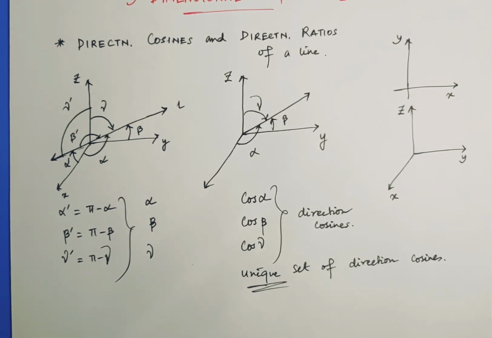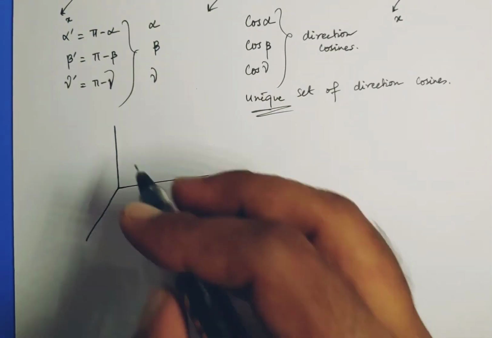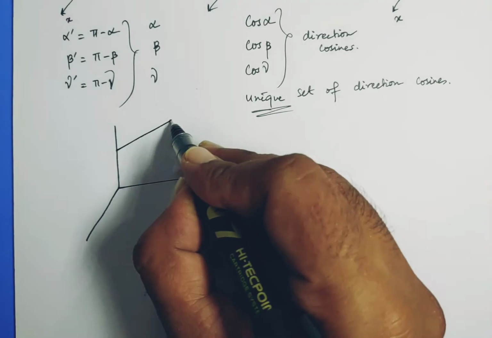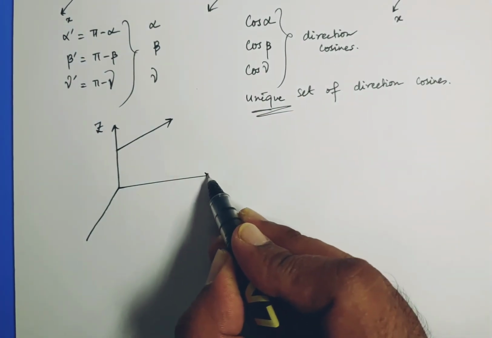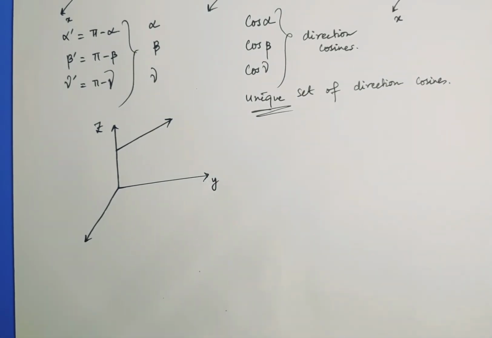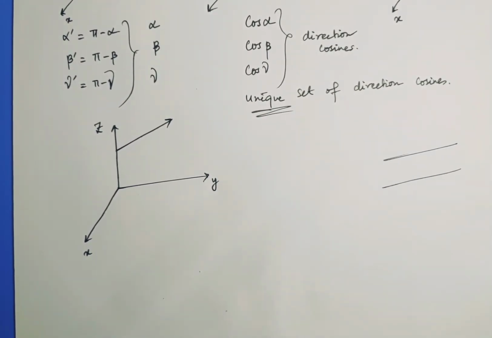Now most of you will come up with a question. Obviously, we have taken a simple case, when a line is passing through the origin. Now if a line is not passing through the origin, then how do we find the direction cosines of such a line? Very, very simple. Now you tell me one thing. When two lines are parallel, what can I say about their slope? The slope of two lines which are parallel is equal, right?